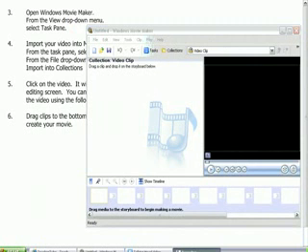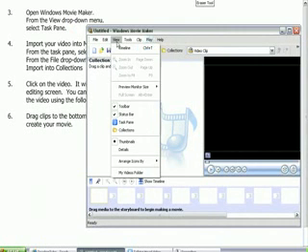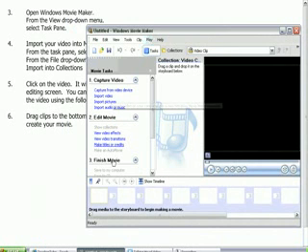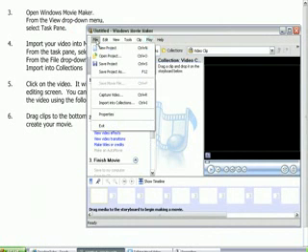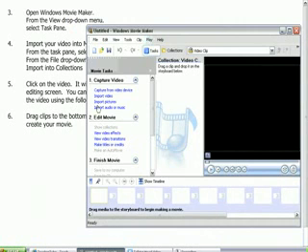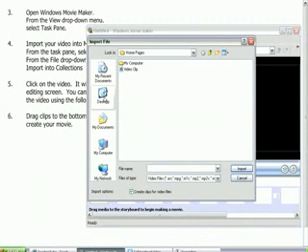Okay, you're going to open up Windows Movie Maker, and then from the View drop-down menu, you can view the task pane. A lot of what we're looking for is right here in the task pane. You can either do it from the file menus, or you can do it from the task pane. What you're looking for is import video. The task pane is right there, easy. And if you go through the file menu, it's called import to collections. So if we just import video,